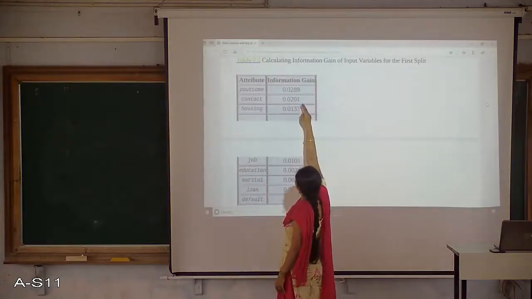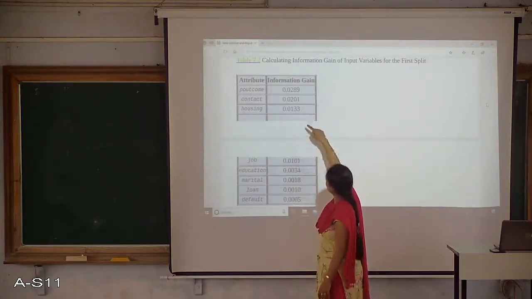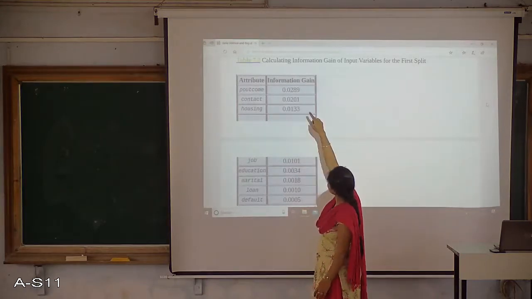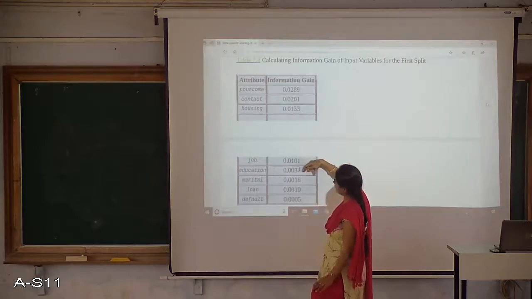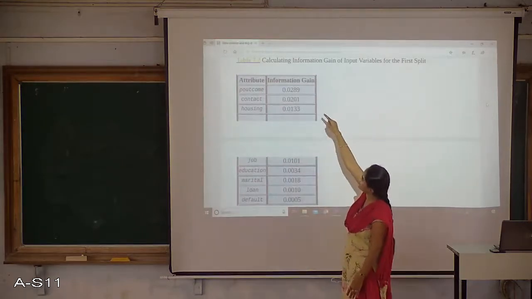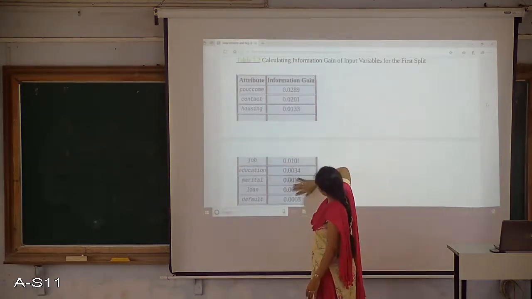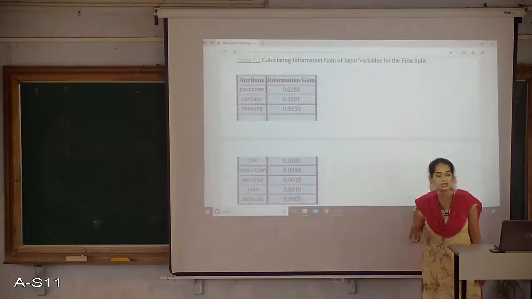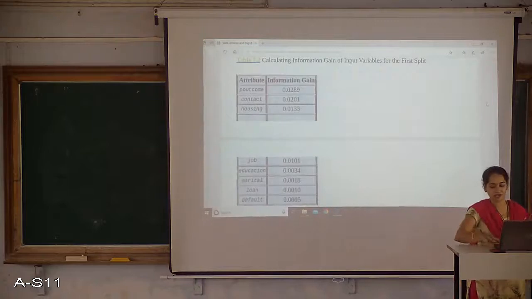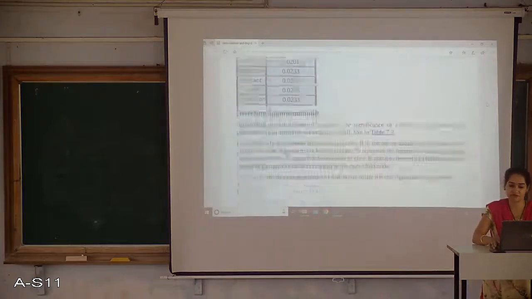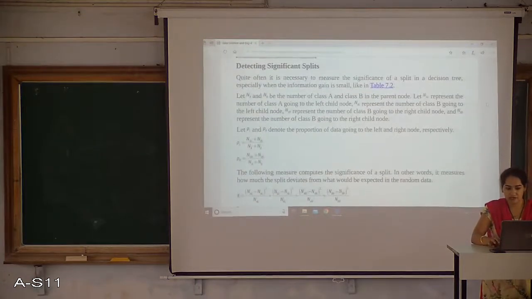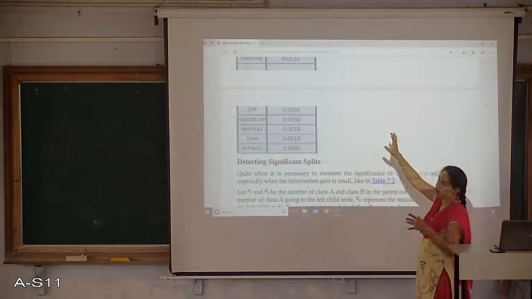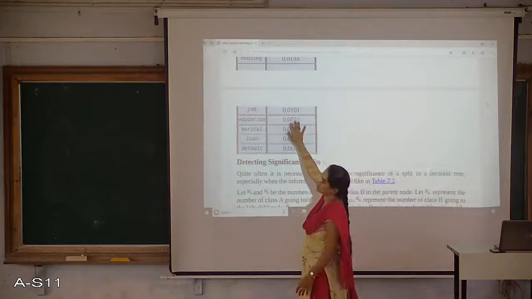I considered the P outcome, then instead of contact I am taking this, because after deciding on that I am going to this. Once I decide the P outcome, I will again recalculate the information gain of the remaining variables. Based on that I decide which variable to take further. This is how, when I am looking at all 2000 entries, I get all these figures.